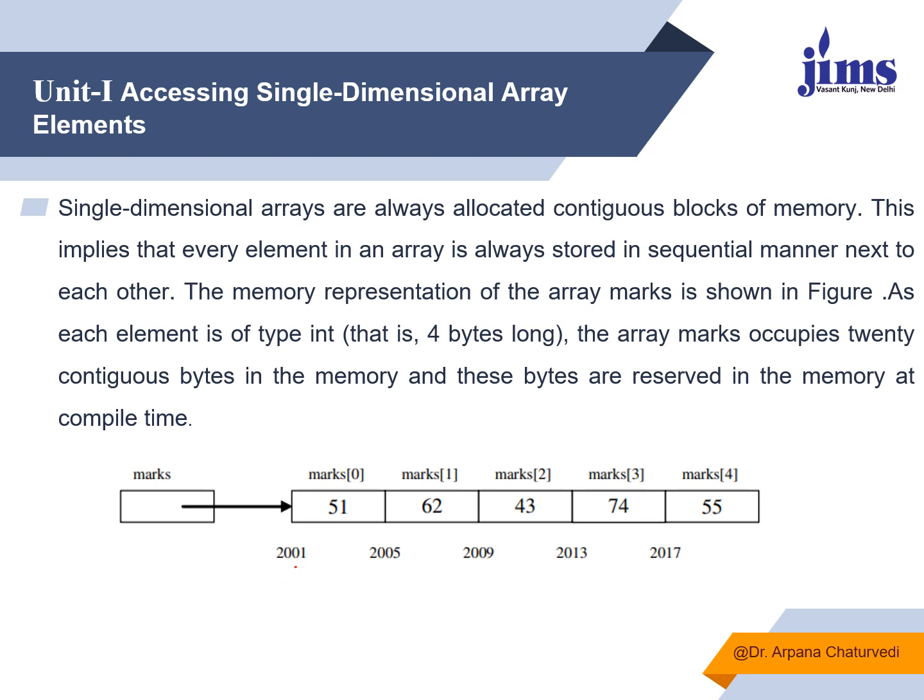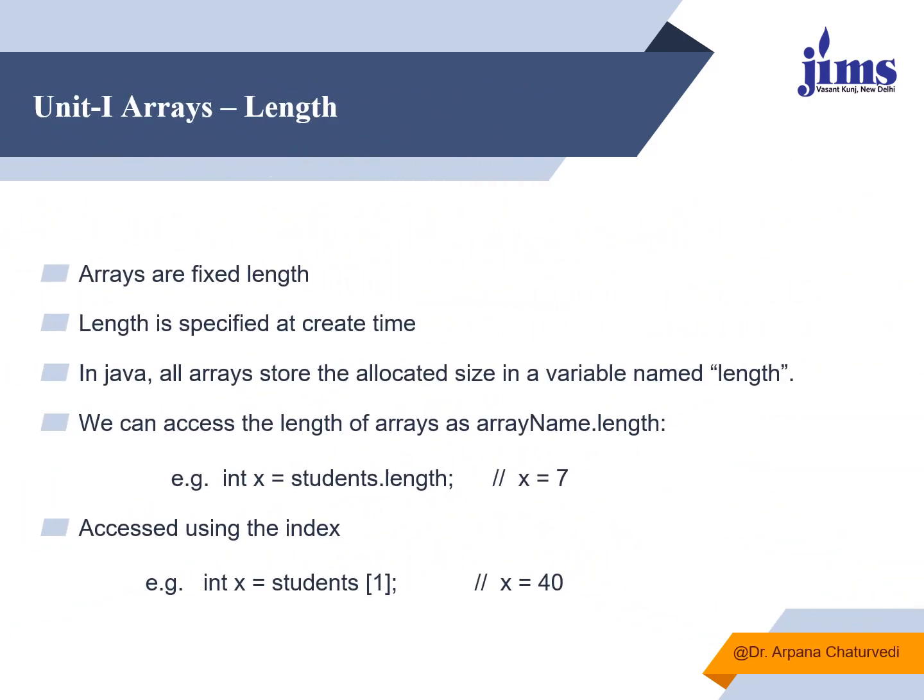To find out the length of an array, you have one property, that is length. You just give the name of the array. Let's say the name of the array is student. You will write student.length, and it will return the length of the array. And the length of the array, let's say 7, will get stored in an integer variable, because length will always be in integer form. To access the length of an array, the syntax is array name dot length.